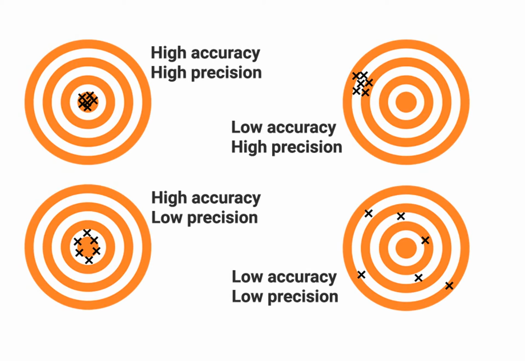Now I will talk on accuracy and precision. See this image: the left hand top image is showing high accuracy and high precision. I told you accuracy means how close you are to the target value. Let's say this center point is the target, and when you are doing a test, your value comes very near to the target value. That is called highly accurate.